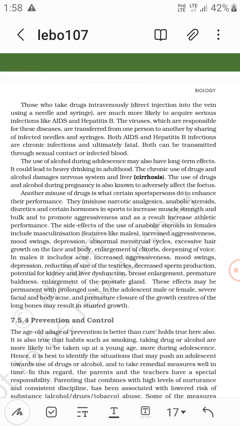The side effects of the use of anabolic steroids in females include masculinization features like males, increased aggressiveness, mood swings, depression, abnormal menstrual cycles, excessive hair growth on the face and body, enlargement of the clitoris, and deepening of voice. In males it includes acne, increased aggressiveness, mood swings, depression, reduction of the size of the testicles, decreased sperm production,